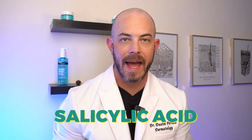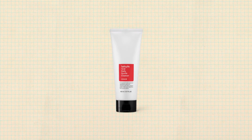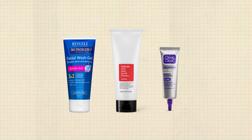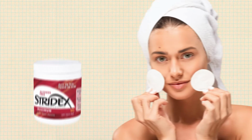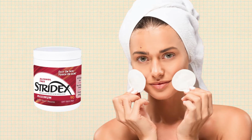The next category of medication that is really good for comedonal acne is going to be salicylic acid. Just like benzoyl peroxide, salicylic acid is available in wash formulations, but it's also available in gels or spot treatments, and unlike most benzoyl peroxide products, it's also available in pads. I just don't see people making a lot of pads with benzoyl peroxide. I think they'd be messy and they'd bleach and stain everything, but salicylic acid is widely available in pads that